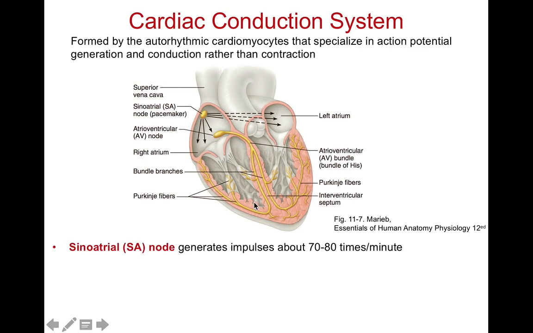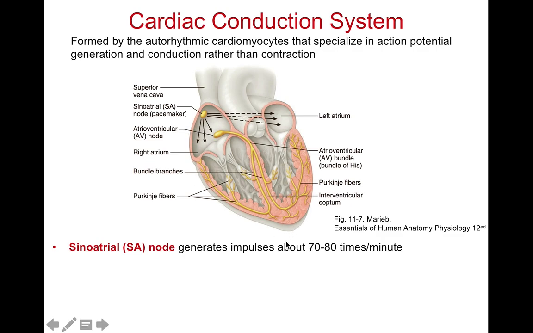So the sinoatrial or SA node generates the impulses that send a signal throughout the rest of the heart. Under resting conditions, it generates impulses at about 70 to 80 times per minute, and it can generate these without any external stimuli. If you remember back to the movie we saw a few slides ago, we saw the heart beating isolated without any other input to it. So this is all due to the SA node generating impulses around 70 or 80 times per minute, which then